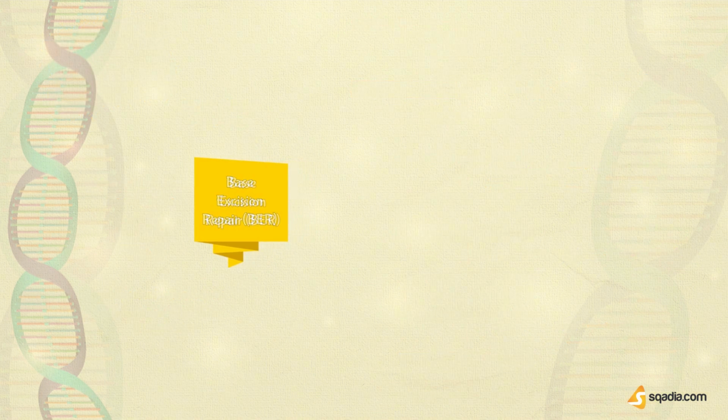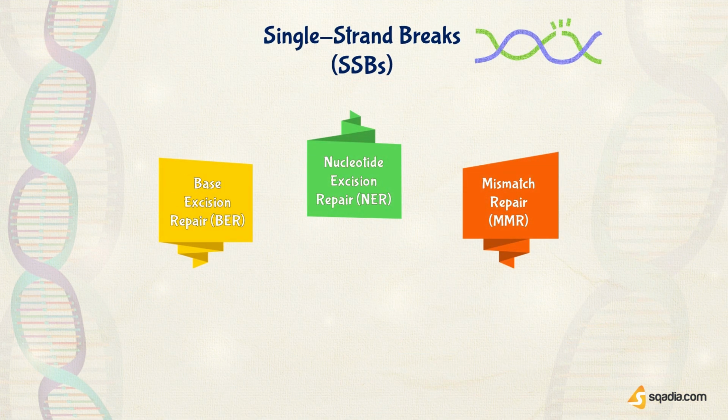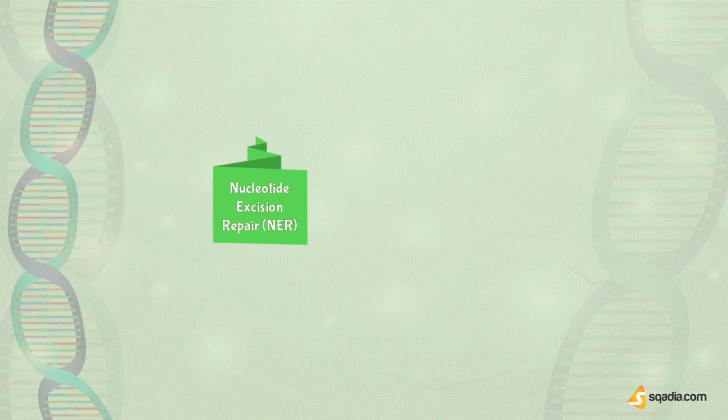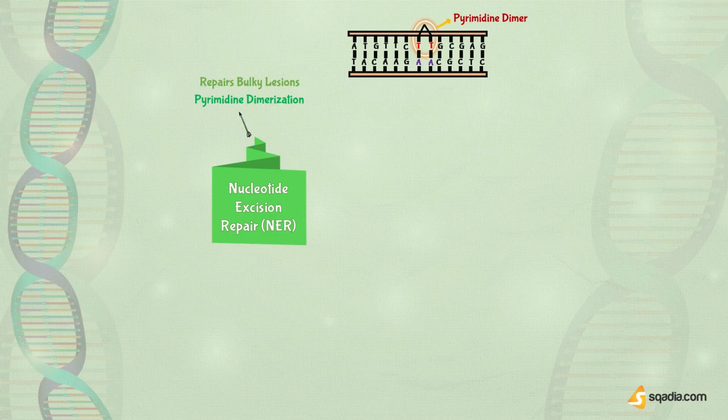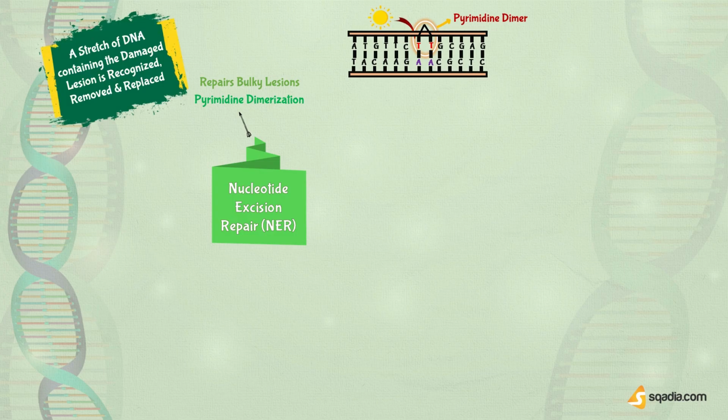Now, let us have a look at another fascinating mechanism of DNA repair for a single-stranded break. That is nucleotide excision repair, or NER. This pathway deals with repairing bulky lesions and complex DNA damage, like pyrimidine dimerization, caused by UV radiation. NER is a process where a stretch of DNA containing the damaged lesion is recognized and removed, instead of just